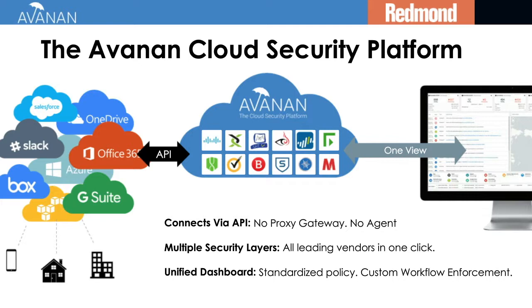Now, the Avanan platform offers multiple security layers so that we can actually deploy for Office 365 or any SaaS multiple types of security, multiple layers of security from multiple vendors. And then offer you the benefit of being able to manage policy not just across Office 365, giving reporting tools and policy controls above and beyond what Microsoft offers, but being able to apply those controls everywhere.